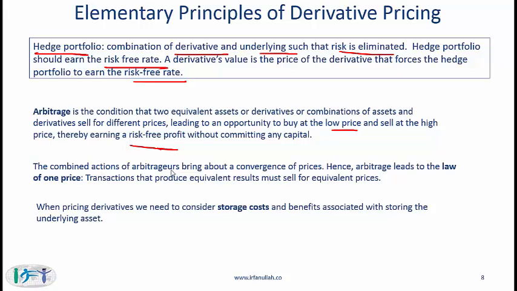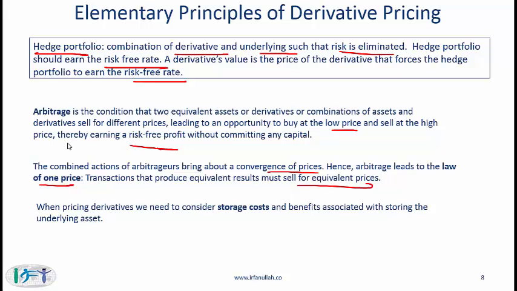The combined actions of arbitrageurs bring about a convergence of prices. Hence, arbitrage leads to the law of one price, which states that transactions that produce equivalent results must sell for equivalent prices. Now, simplistically, what we are saying is that because of the ability of traders to make arbitrage profits,